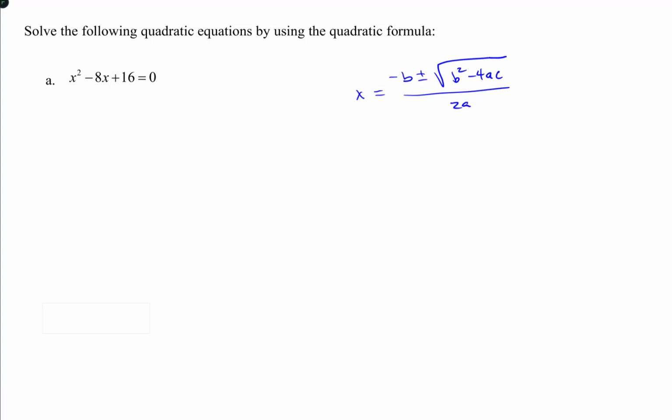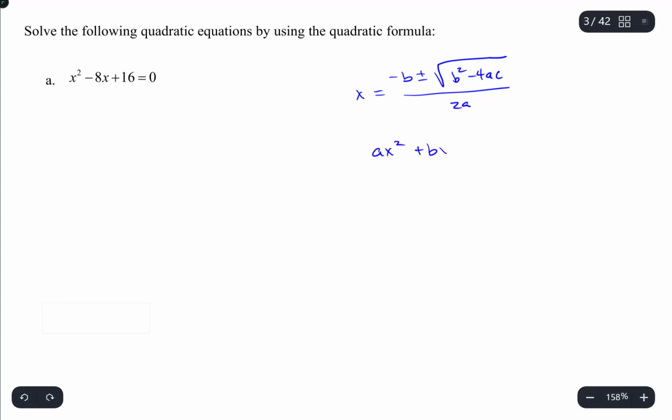Okay, so what we need to do in order to use the quadratic formula is, in the quadratic we want to solve, determine what the values of a, b, and c are. And the way we do that is the general quadratic looks like ax squared plus bx plus c equals 0. So it's just the coefficients off of our quadratic. So in this case, a is equal to 1, b is equal to negative 8, and c is equal to